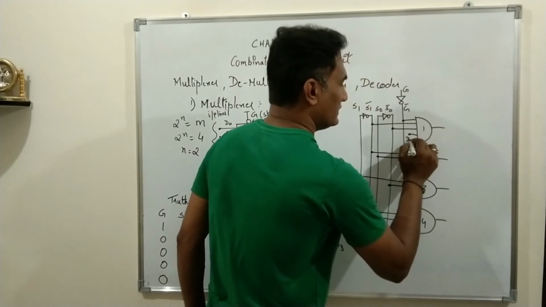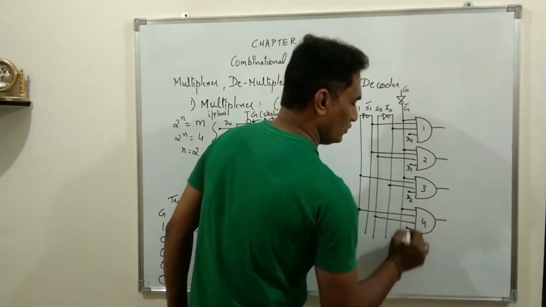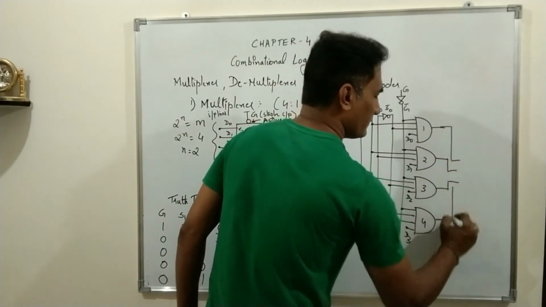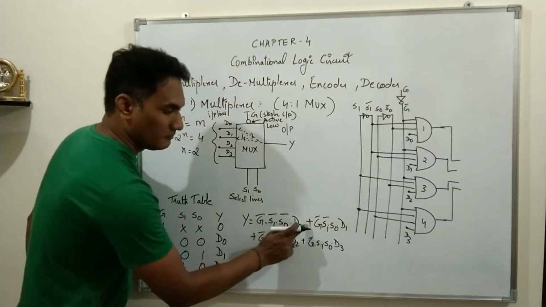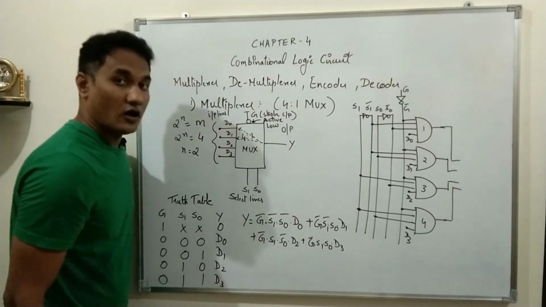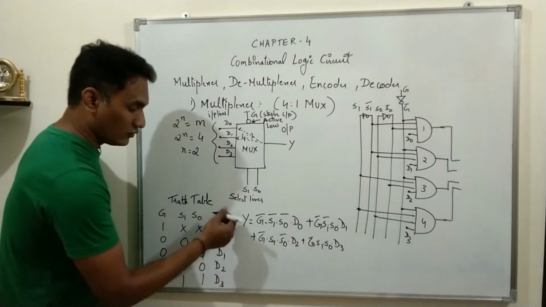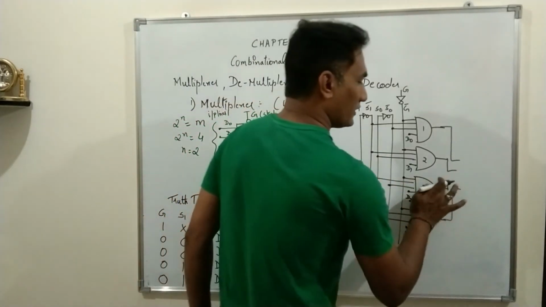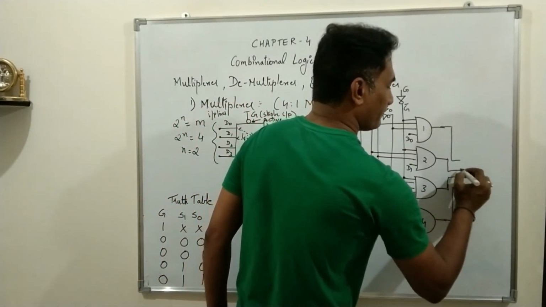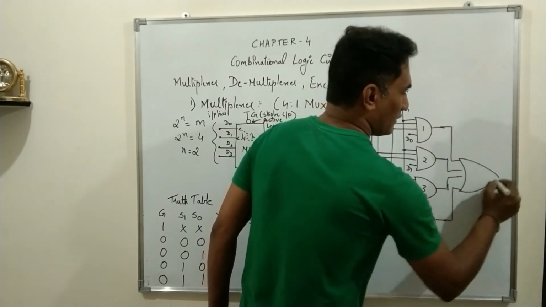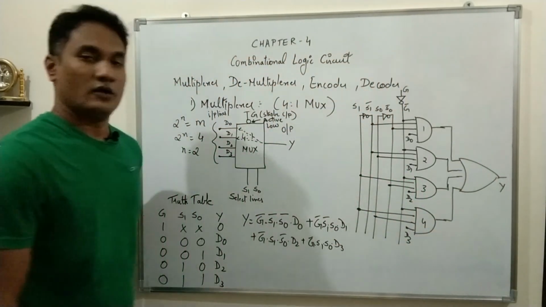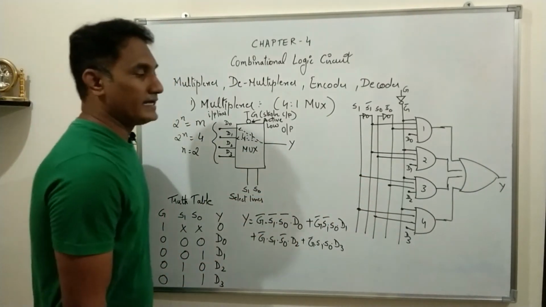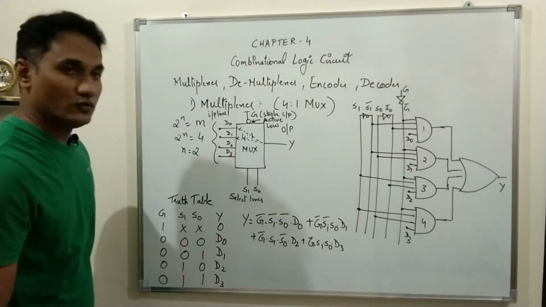So this is D0, this is D1, this is D2, and this is D3, and all these AND gates are connected by a plus sign, and the plus sign indicates OR operation, because the output may be D0 or D1 or D2 or D3. So all these four inputs will be connected by an OR gate which will give you output Y. So that is the logic diagram based on the logic equation. Next, let us try to substitute one value and find out.